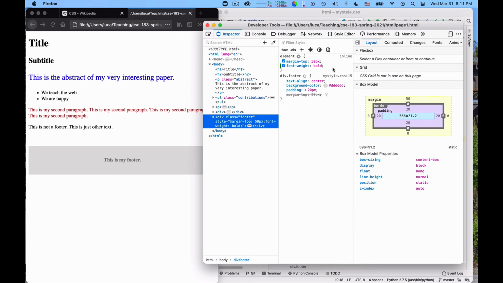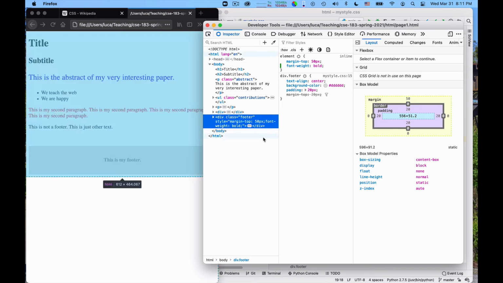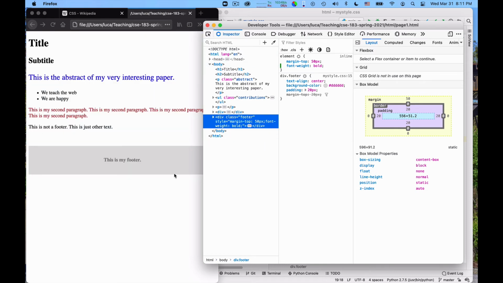Okay, and this makes it bold. Okay, this is nice. Well, perhaps it's not so nice with the font weight bold.